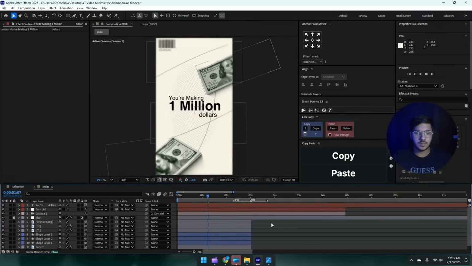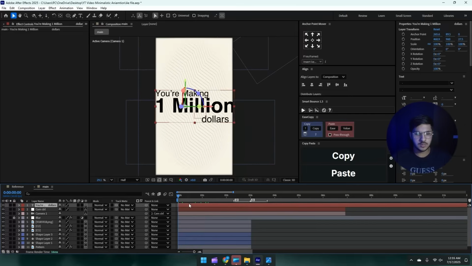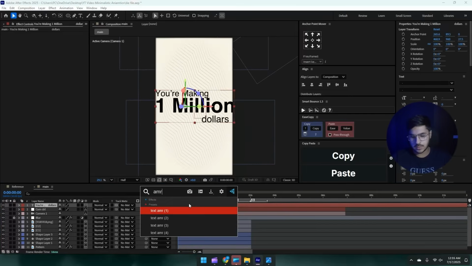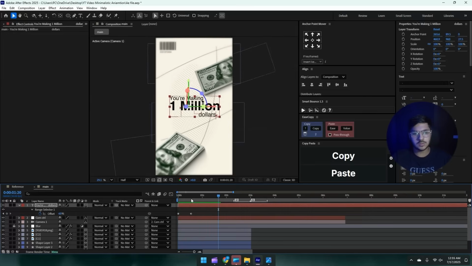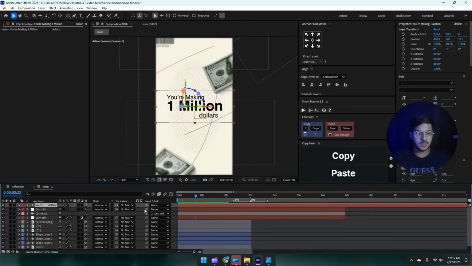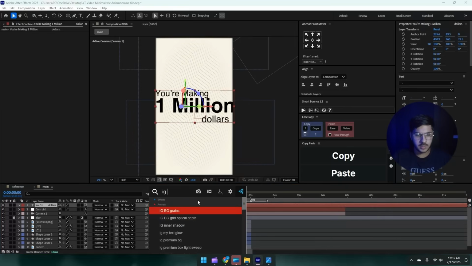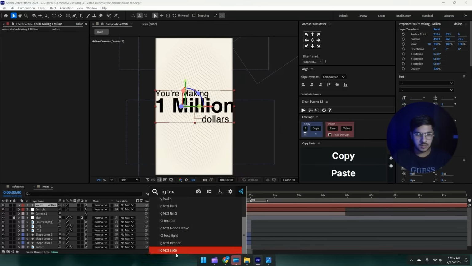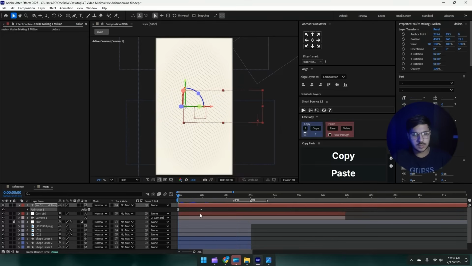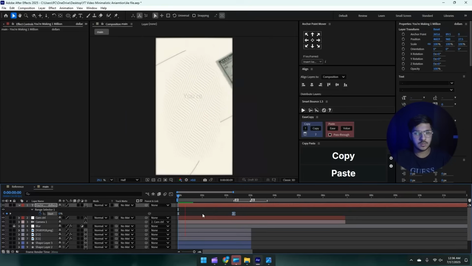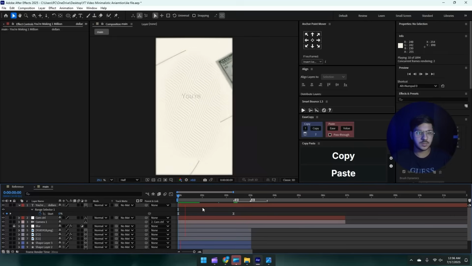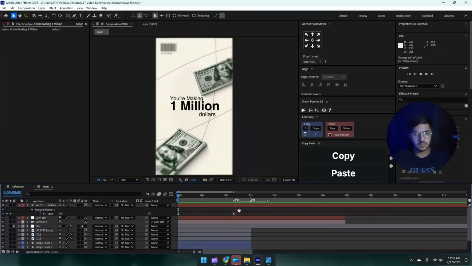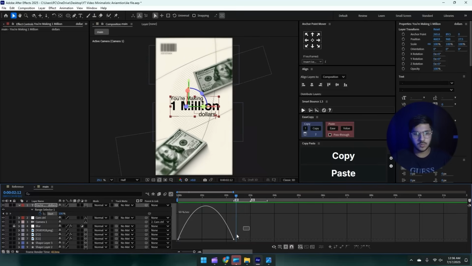Here we have it. Now let's add the text animation, for which I have a preset. Now it's not the same text animation, but I do have a same one as well. I see text, I see text slide. Press U to play around with the effects. Alright, press F9 to reset its speed off. Looks kind of good, but